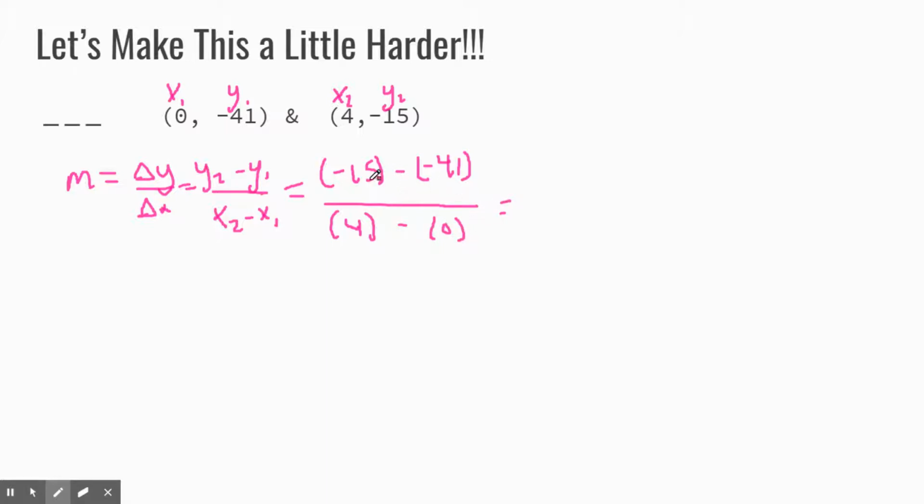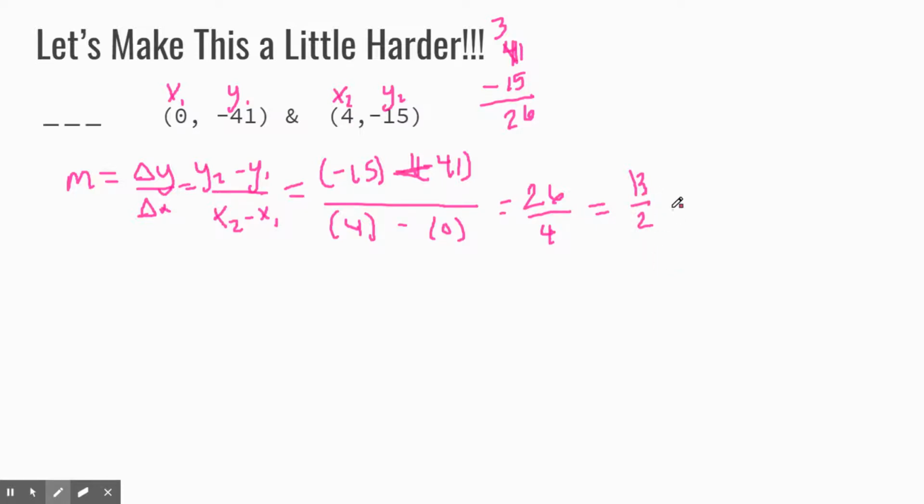Okay, whenever I am subtracting a negative, that's the same thing as adding. So now I have 41 plus 15. So imagine this way. It's now I owe $15 and I have 41 in my pocket. It's the same thing as 41 minus 15. Okay, I can't subtract that, so I'm going to put that as a 3. 11 minus 5 is 6. 3 minus 1 is 2. So now I have 26 over 4 minus 0, which is 4. I can now reduce this by taking 2 out of each of this, so that's 13 over 2 is my